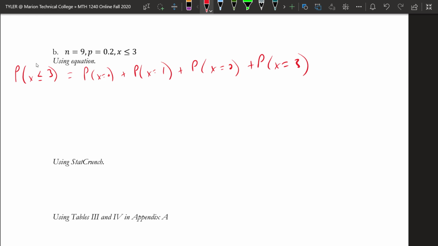It'll include all of those values, right, from 0 to 3. So we could have 0 successes all the way up to 3 successes, including 3. Right? So using the equation, this would be equal to